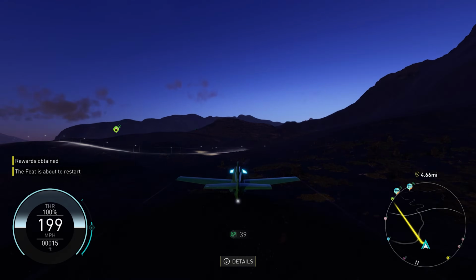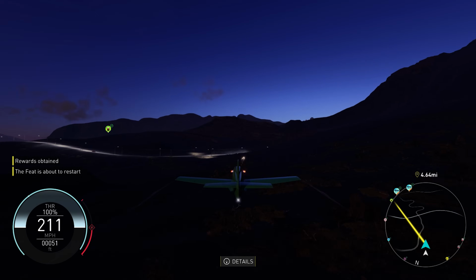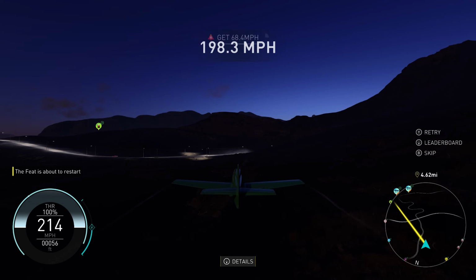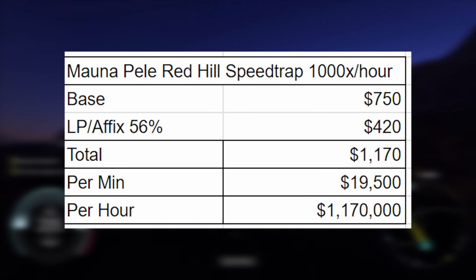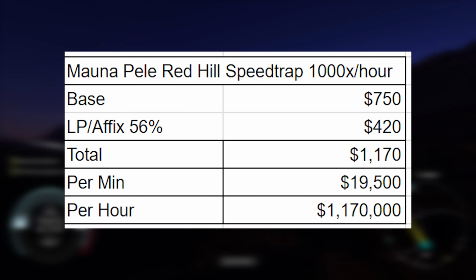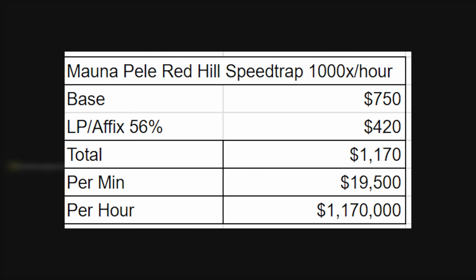I timed myself for 10 minutes straight, trying to be as fast as possible, using every bit of NOS and retrying right away, and I earned 195,390 bucks in 10 minutes, which means I completed the event 167 times in 10 minutes. Now, doing some simple math, if we multiply that by 6 to see what I get in an hour, it comes out to 1,172,340 bucks, which I rounded down to